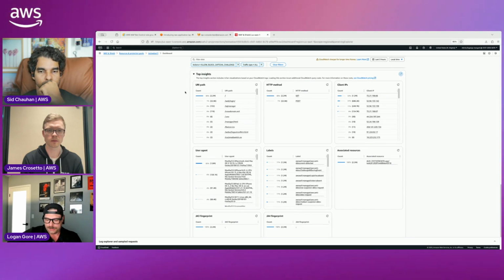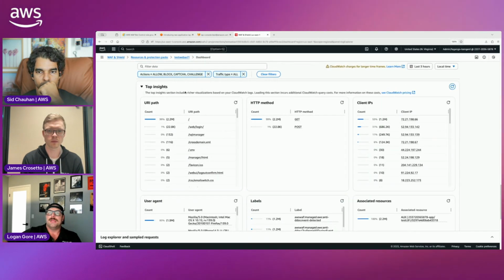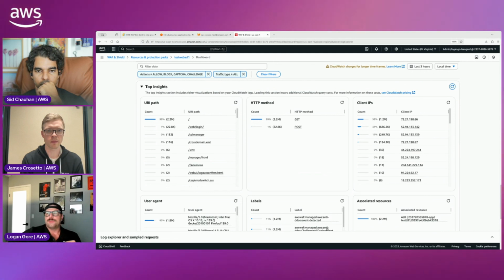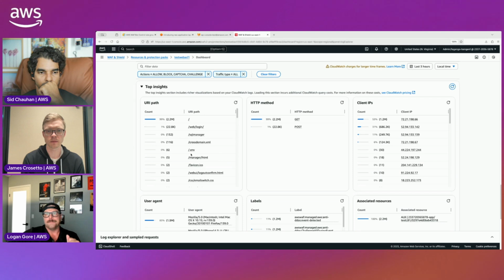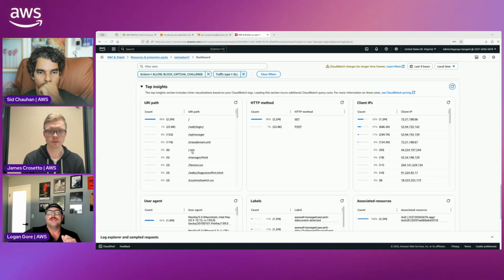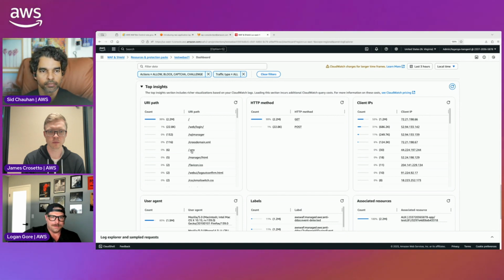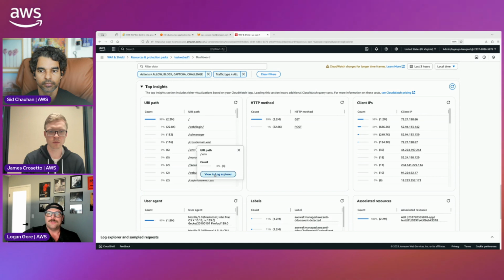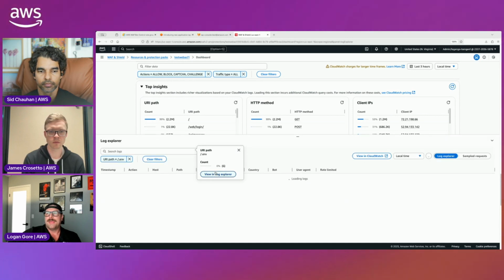One of the things that we've done, and I'll zoom in here, is we have integrated an in-page log explorer to where we can look at our logs, especially logs that we want to see very specific drill downs in. So if I said to myself, okay, I got 6 requests on this endpoint. That seems kind of weird to me, given my app. I'm going to do a deeper dive here. I can click this, I can say View in Log Explorer, and